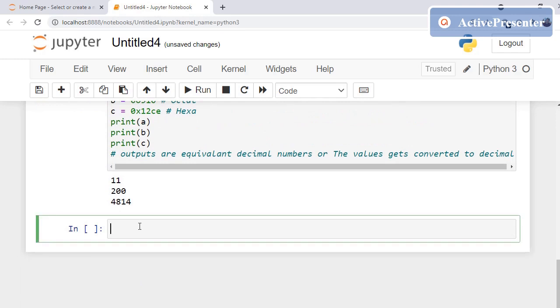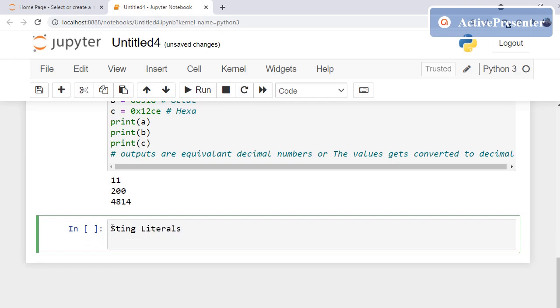So next, these are the numerical literals. Then there is something called string literals. A string literal is nothing but a sequence of characters surrounded by quotes.